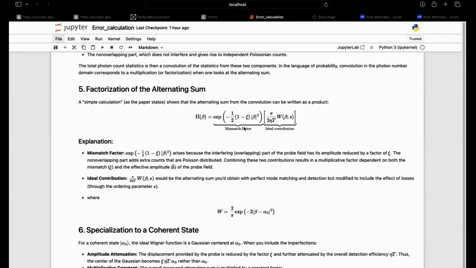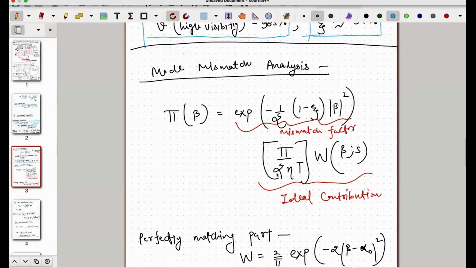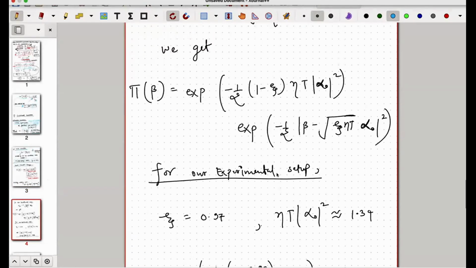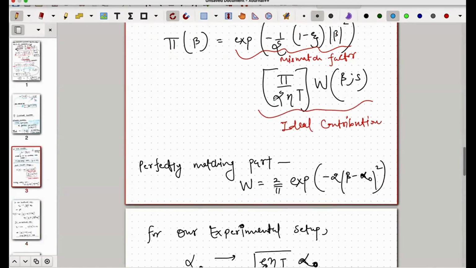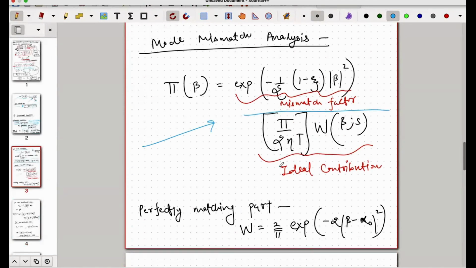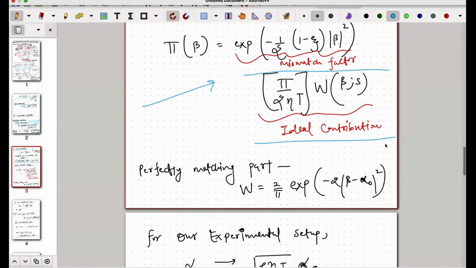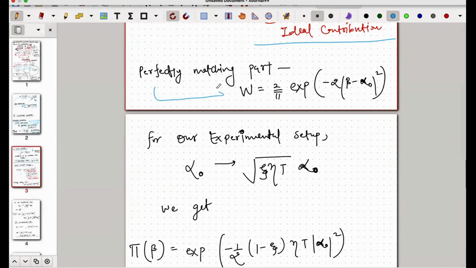One is the mismatch factor, which was 3% here, and then the factor that is completely overlapped. So this is how we'll write this expression. I'm not going to derive this expression here, but it is derived in the references. So taking this expression which has two parts, the mismatch factor of the signal, and then the ideal contribution which is overlapped perfectly, the perfect matching part is Gaussian in nature,